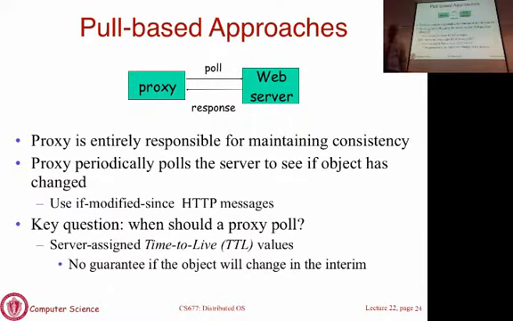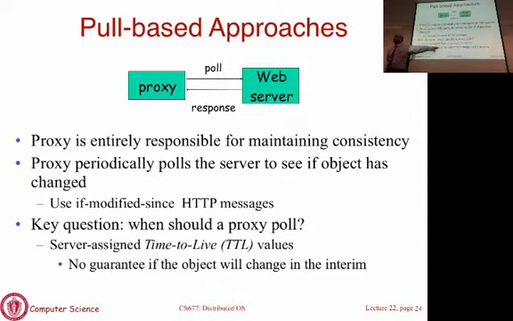There are many ways to address this problem. One way is the server assigns what is called a time to live value to a page. When the response to a GET comes back, the server puts a TTL, which is the expected lifetime of the page. The server can guess. The server also doesn't know when the page will be modified next, that's dependent on the user who generates the content. But you can make an educated guess and send a TTL value.